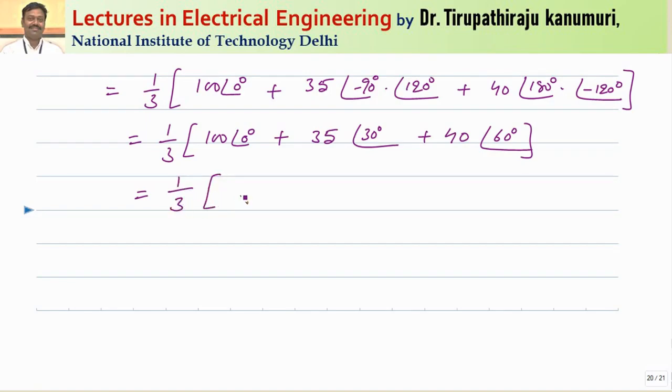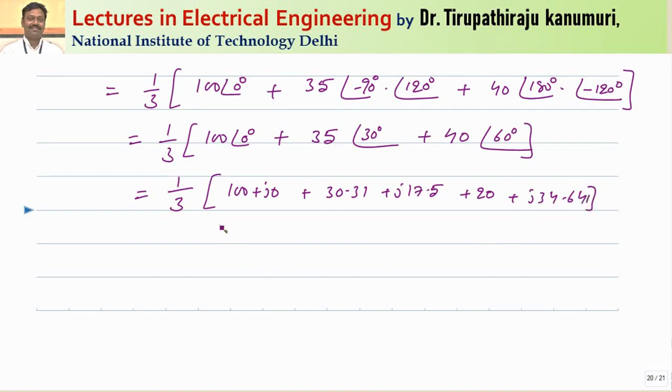So this I am directly converting to rectangular form. Polar to rectangular, how to do? Polar to rectangular will be magnitude cos of the angle plus j times of magnitude multiplied by sine of the angle. So when you do this, this will become 100 plus j0. Similarly, second one if you do, this will become 30.31 plus j 17.5, and third one will become 20 plus j